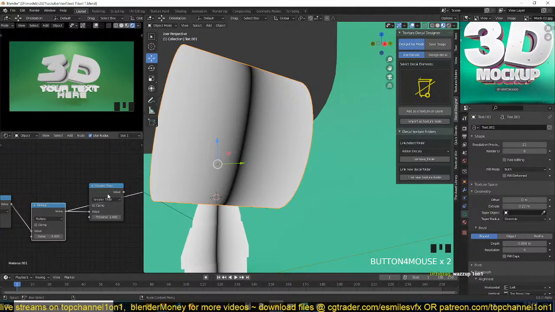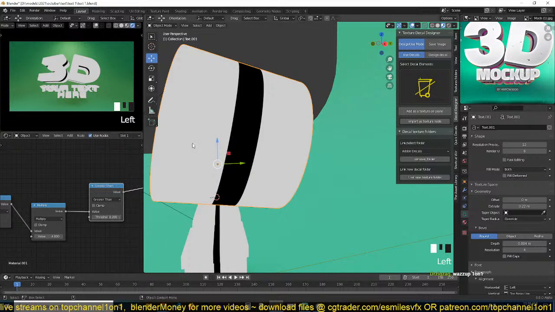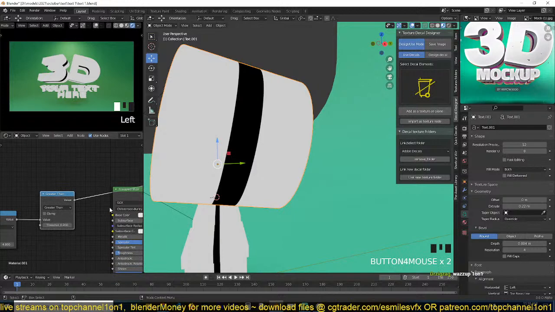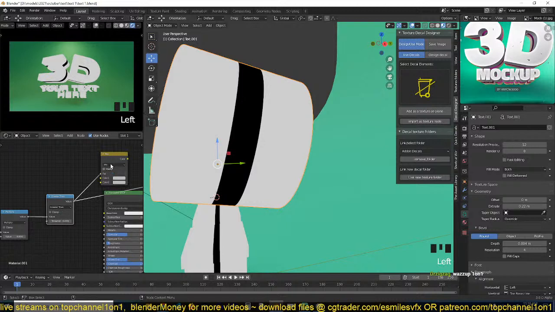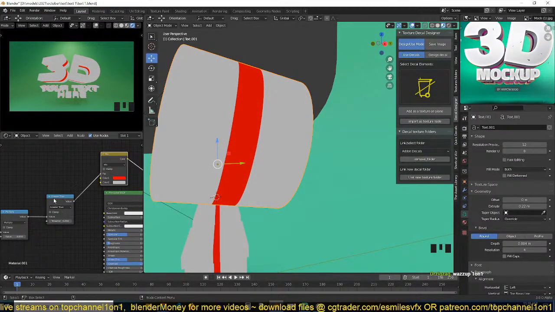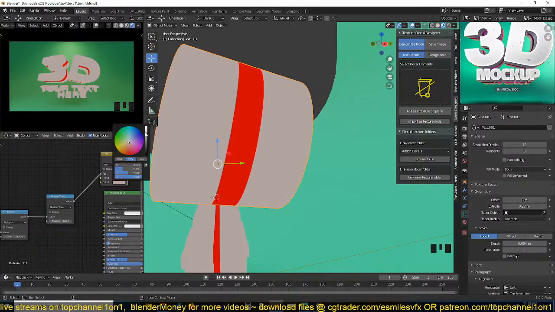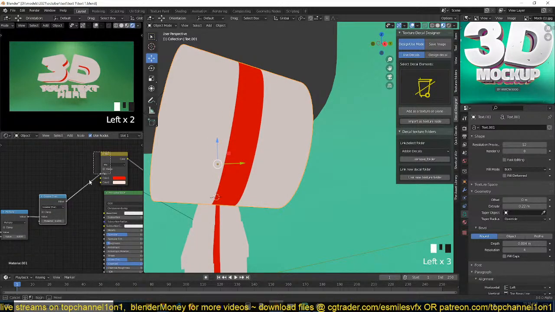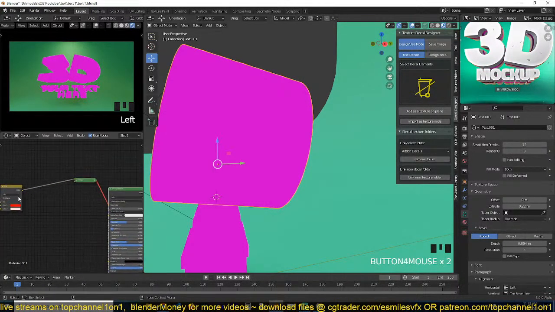Okay, so then the greater than sign is just cutting off any values below this threshold, and that's why we get this value. So then we can use this as a color mix RGB factor, and you can set the color one to be maybe a red, and this one can be, I don't know, a white, like that. And then have this as the base color,